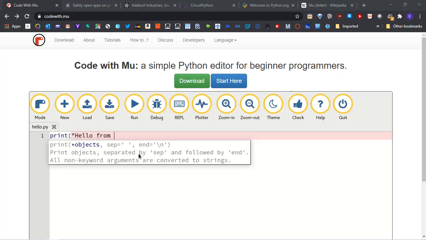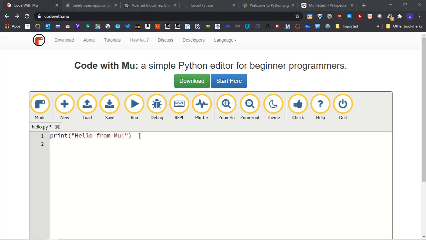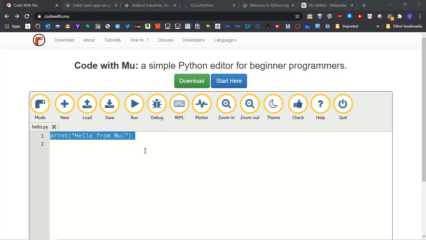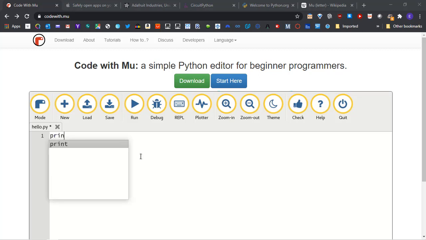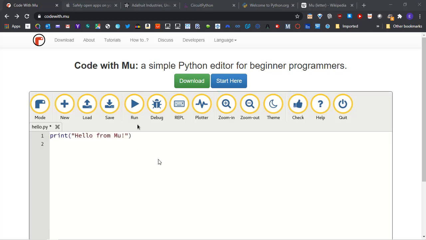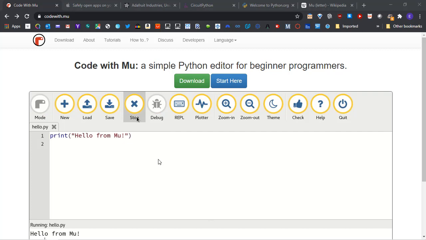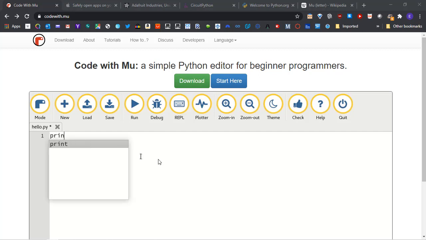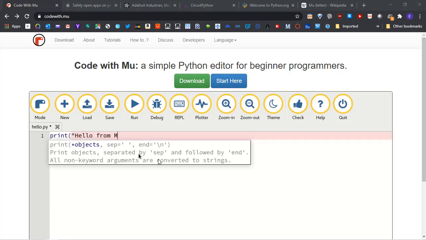So the goal of this video is not to teach you anything directly about Python, but how to get started using it quickly using a programming editor that you'll be using throughout the semester. So this video is just a quick start for learning how to use this editor, and it's called Mu. Although you may have used other editors for programming, whether it be Python or other languages, we're going to